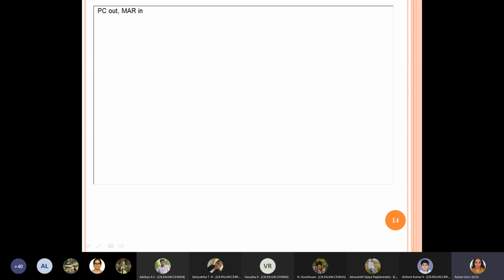So that means input needs to be latched. Okay, so once you load the address into the memory address register, then what we have to do? You have taken the address and put it in the memory address register. Then what we have to do?